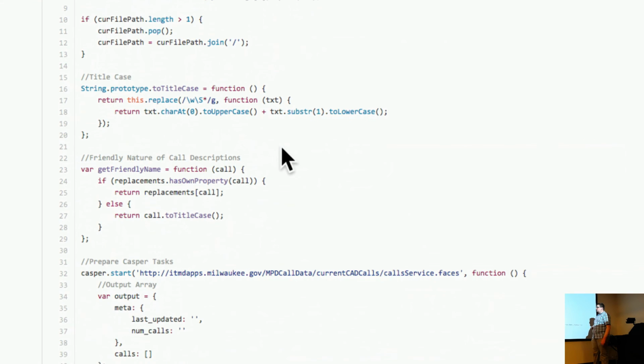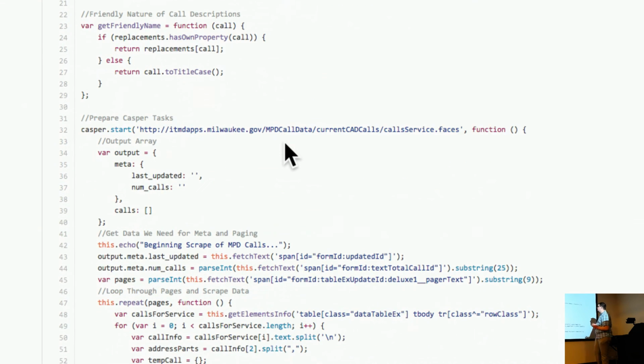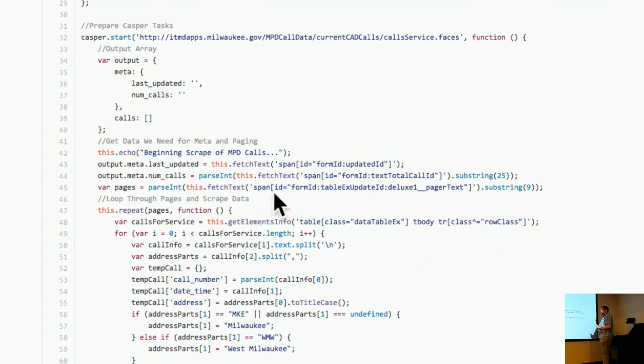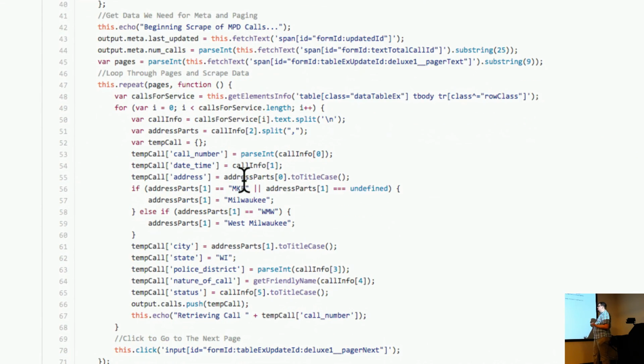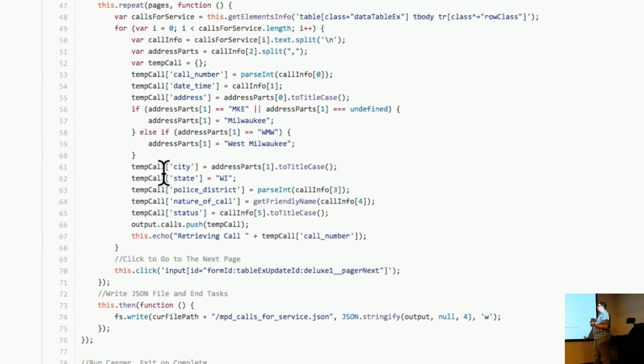So this script actually, if I were to pull it, it would retrieve all the Milwaukee police calls for service. And I'll go over how this works, because my example was very introductory. So I have a few functions here to help me parse the data, but I start right away over on the Milwaukee Police website. I get my object ready, and then I call in CSS selectors, which pull the text from the table of calls. And then for every one of these repeating pages, I get all of that information.